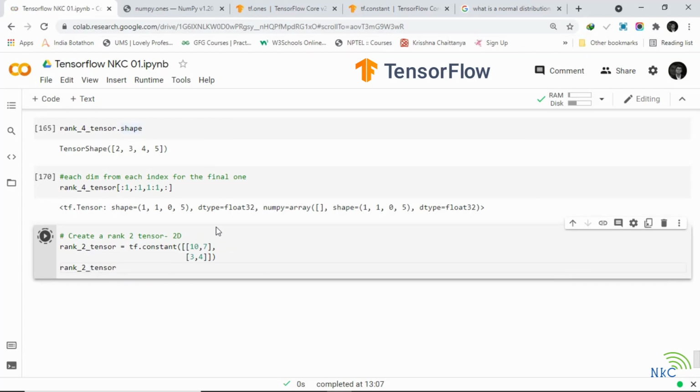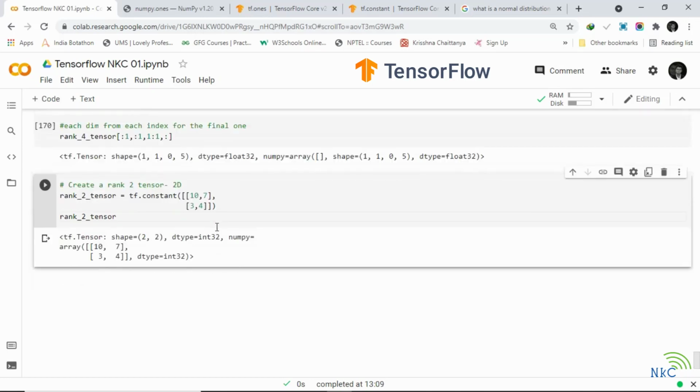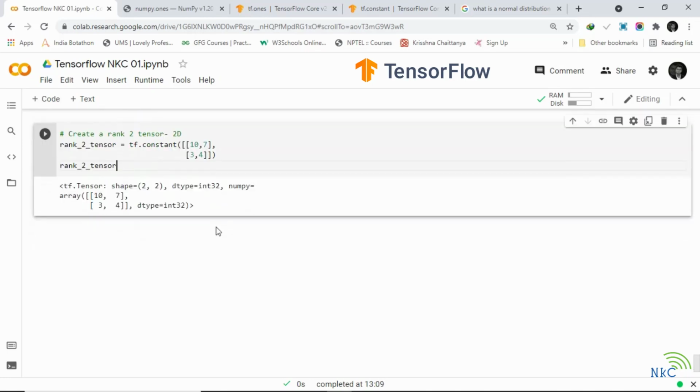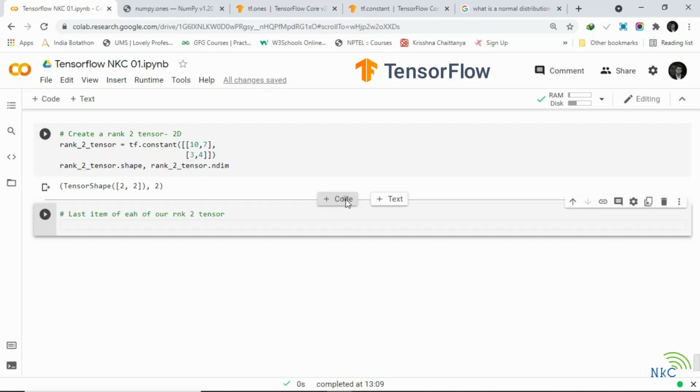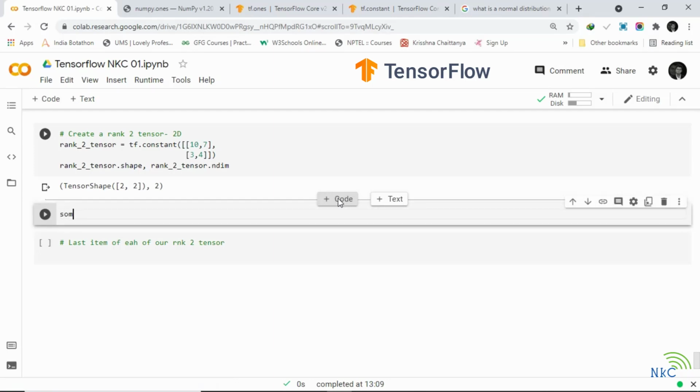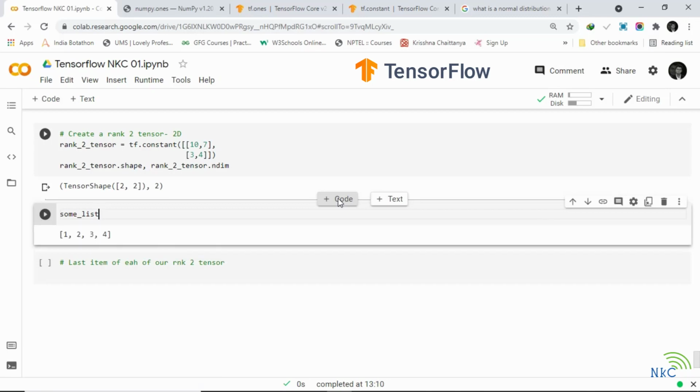Now if we wanted to get the last item of each row of our rank 2 tensor, how might we do that? Again, let's remind ourselves what it looks like. Rank 2 tensor. Let's remind ourselves what our Python list looks like. Some list. How do we get the last element of a list? Some list -1. So there we go.